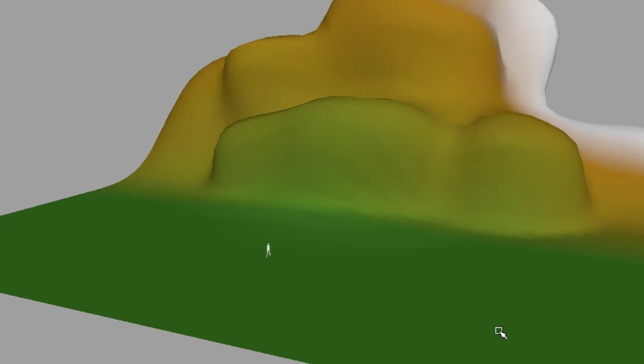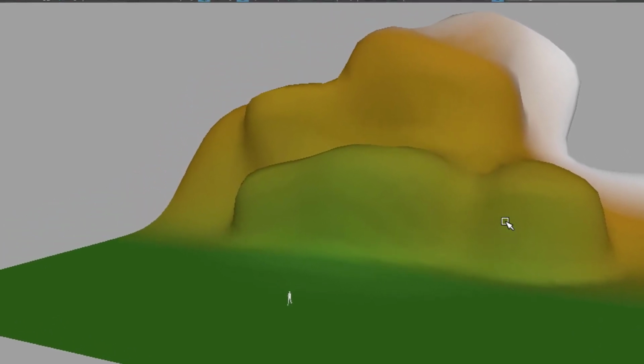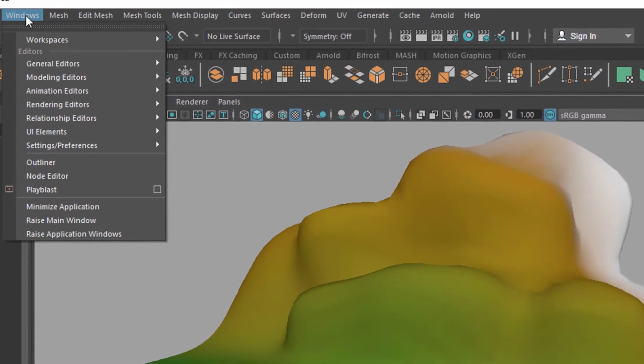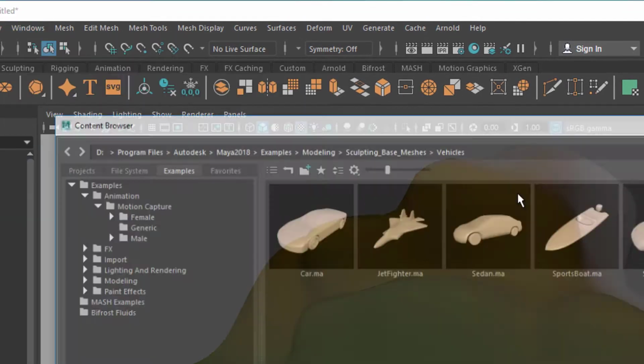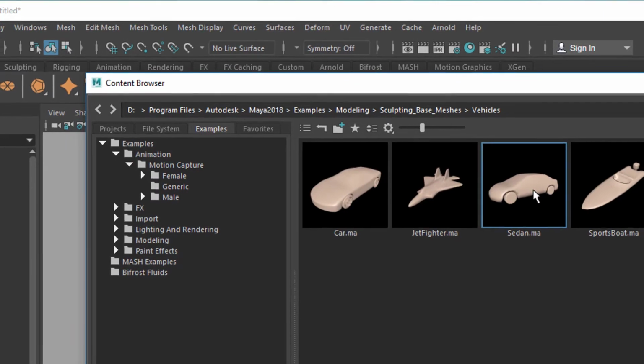And one of the hints we can give the viewer is to add props to the scene. And in a natural environment, we would plant trees here, we would place roads here, and in a science fiction movie, we would plant gigantic spaceships in the sky, for example. So let's introduce under Windows, General Editors, Content Browser, some props like a car. Let's double click the sedan car,